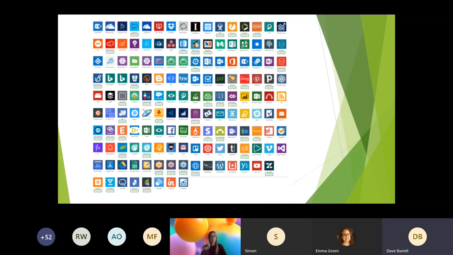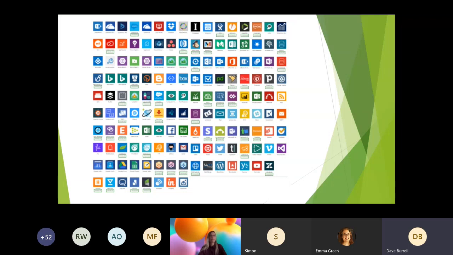As I mentioned, there was, at last count, approximately 316 connectors. It was a few weeks ago I counted, so that has probably gone up because there are connectors being released every day and every week. And as you can see here, there's a lot of services that are available out of the box. So as you would expect, the Microsoft services are definitely available. So SharePoint, OneDrive, Dynamics, but you've also got access to competitors' systems. So for example, Salesforce, there are connectors for that. So even if you're not in a Microsoft house and you're using other services, you can connect these together using